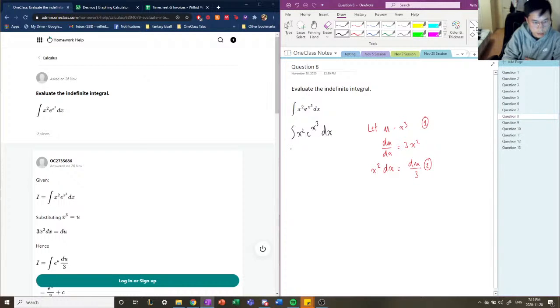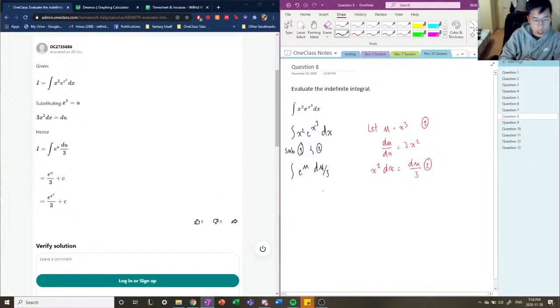Okay, so we're going to sub 1 and 2 into our integral. So if we sub 1 and 2, this is what we get. Okay, so we know u equals x cubed, so we're going to write e to the power of u. And we have x squared dx, which equals du over 3. All right, so this is our integral here. So we can factor out any constants here, which is 1 over 3, and we get